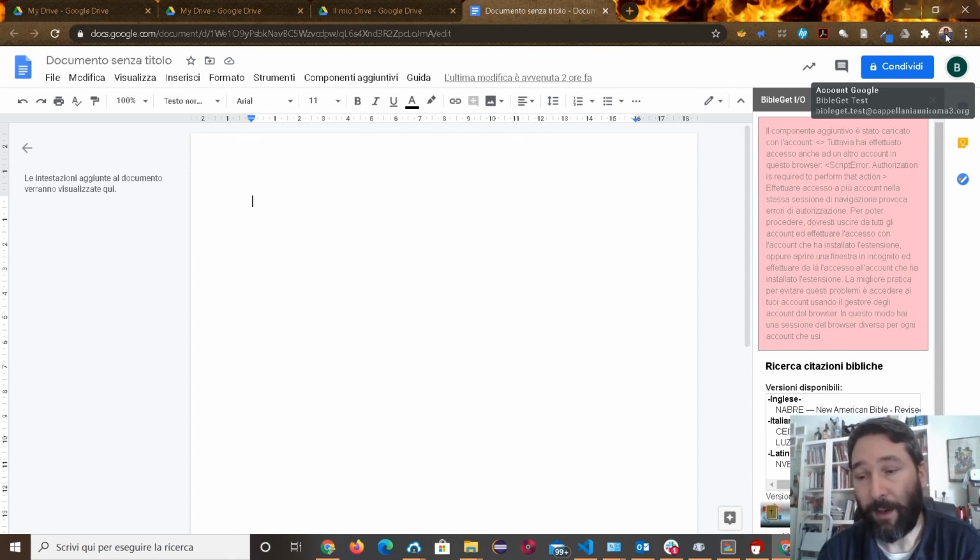That way you get a different browser session for each account that you would like to use, and the authorizations don't conflict. So if you're having trouble using the BibleGet add-on, I didn't have these error messages before version 43. Now we're up to version 45 because of the tests I had to do to make sure that this worked correctly. So you'll start seeing these error messages, which are actually a really good thing because they're telling you look,